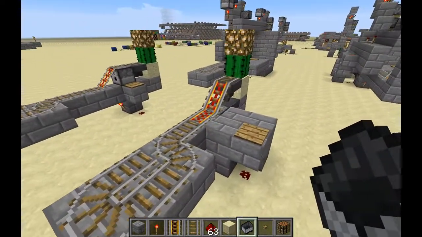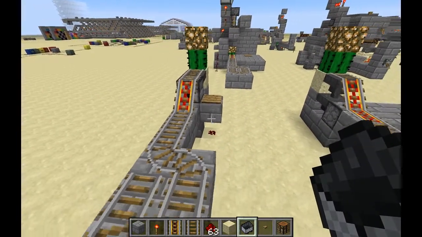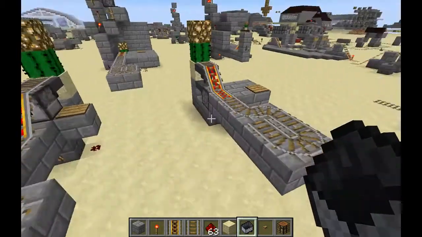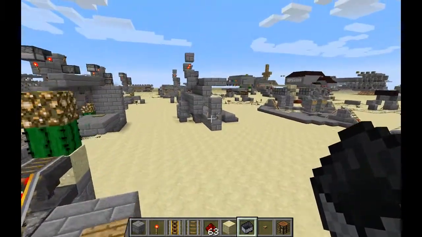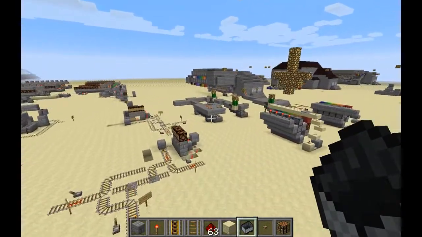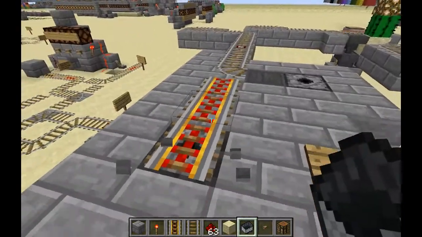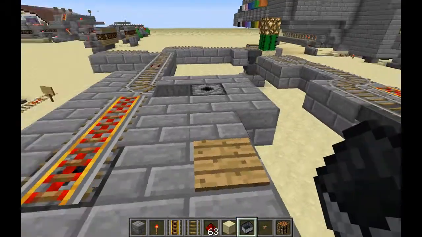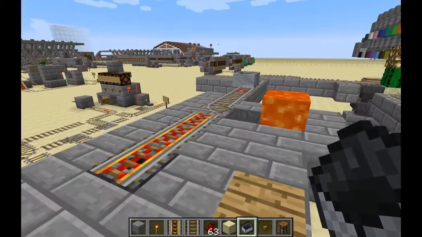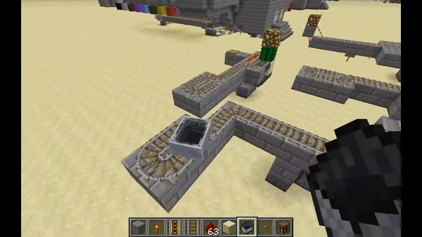But some people don't like these. There's too much stuff, even though it's flat. Especially even the lava-powered one here. Even though it's flat, it's not flat enough. There's still things. There's rails, there's things that pop up. Well, this one's not going to make it back, but...